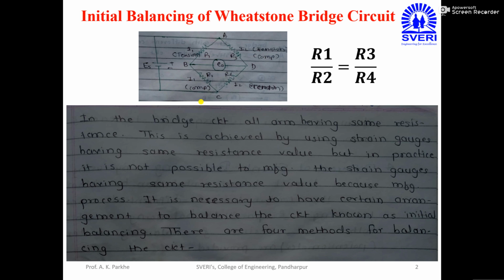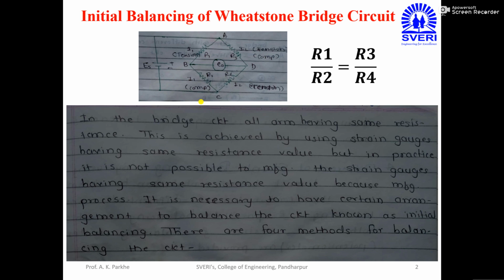But in actual practice, while manufacturing such strain gauges, it is not possible to manufacture each strain gauge with the same resistance value. Some of the strain gauges are manufactured with a resistance of 349 ohm. Some are manufactured with resistance 350 or 351 ohm. That means strain gauges with exactly the same resistance value are not manufactured, because there is some fault